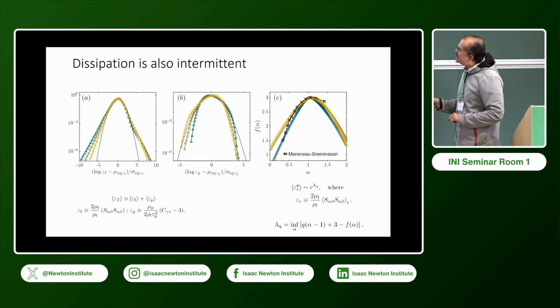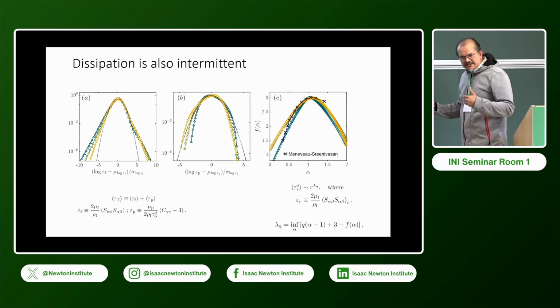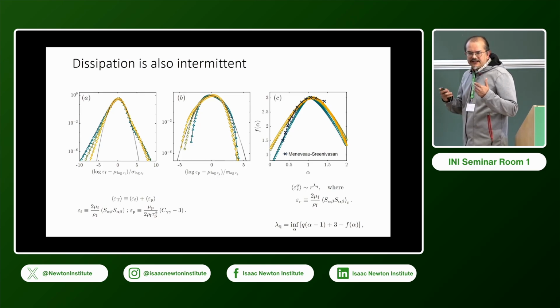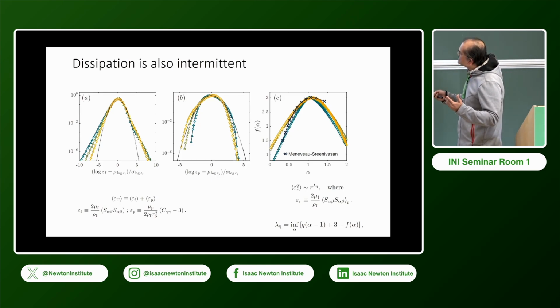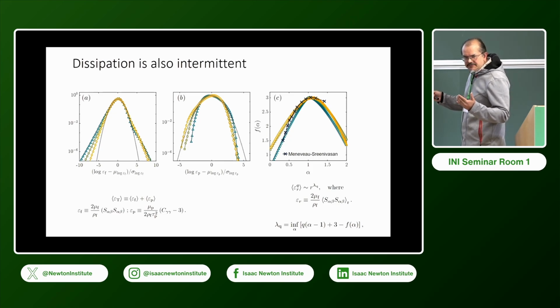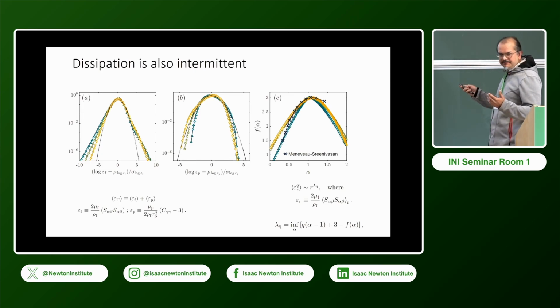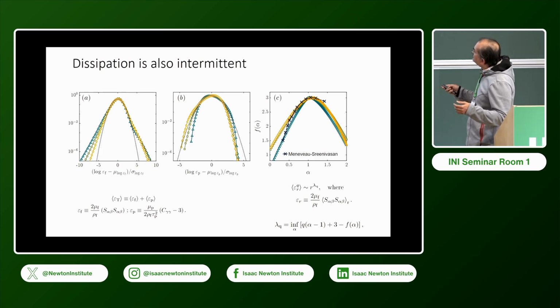Now, if you try to do dissipation range intermittency, if you look at the fluctuations of dissipation, this time, again, the dissipation in the polymeric mode is quite close to Gaussian, so it doesn't have intermittent behavior. But the ones that are close to the ones in the fluid do show intermittent behavior. But if you now calculate the f(alpha) spectrum, the multifractal spectrum of turbulence, you find that that's